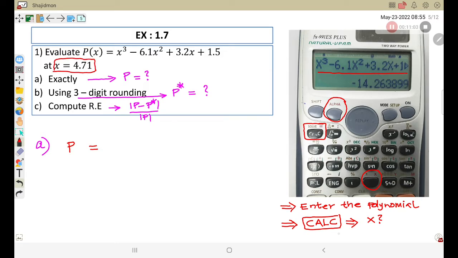4.71. So we can type it 4.71. After that you need to press equal to. Okay, type 4.71 and after that press equal to, so that you are getting the exact value by using the calculator directly. Okay, I hope you got. What is the number? You will get minus 14 point, see, you can see the calculator display,